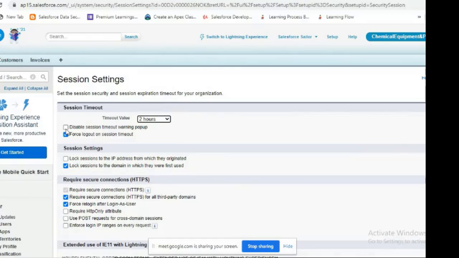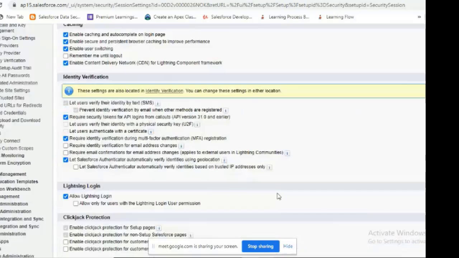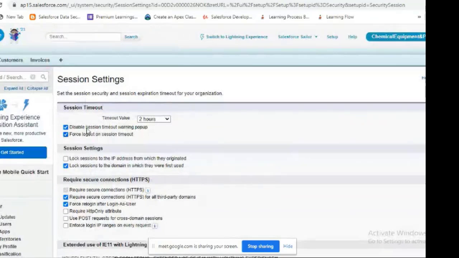pop me a message. I have disabled the session timeout warning pop-up. If I enable that, it will show me a message when I come back after 2 hours, after logging out, that your session is timed out. So we can really manage the session settings,